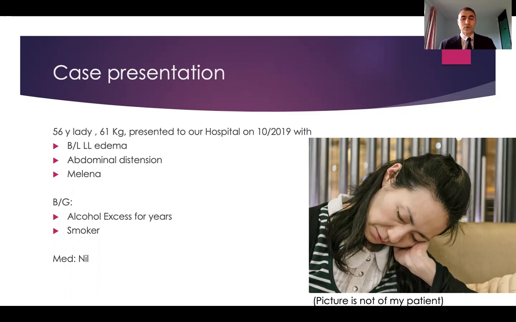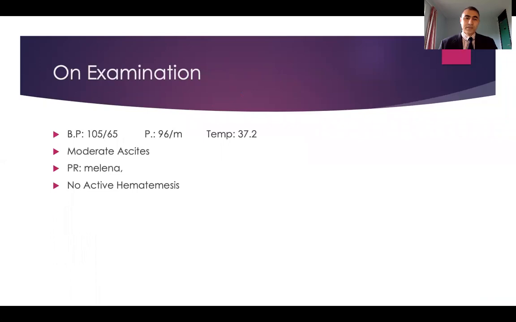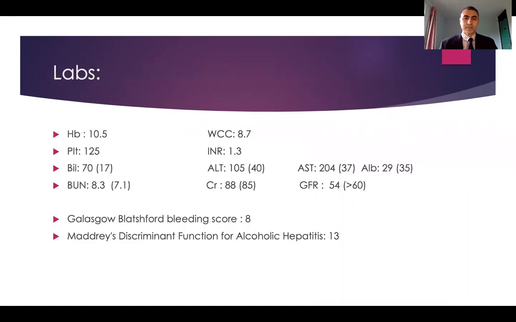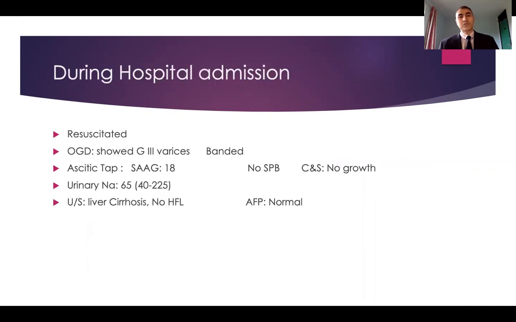She had a background history of alcohol excess. Upon examination, she was vitally stable. She had moderate ascites and some melena with no active hematemesis. Her blood showed a hemoglobin of 10.5, she had a Blatchford score of 8, and she had alcoholic hepatitis with a DF score of 13. During the hospital admission, she was resuscitated and had a gastroscopy that showed grade 3 varices, which have been